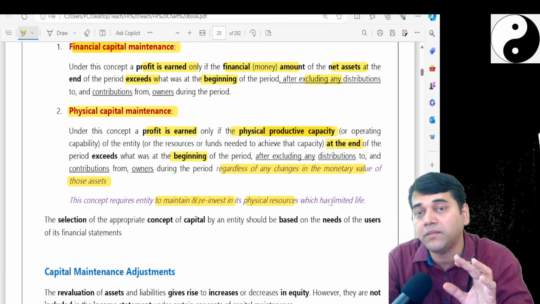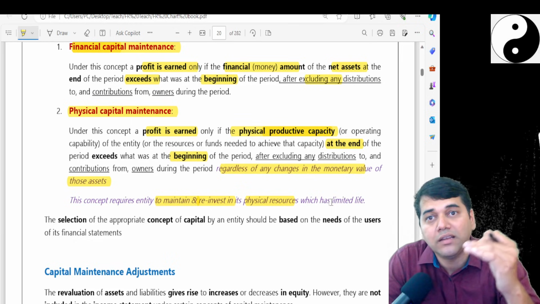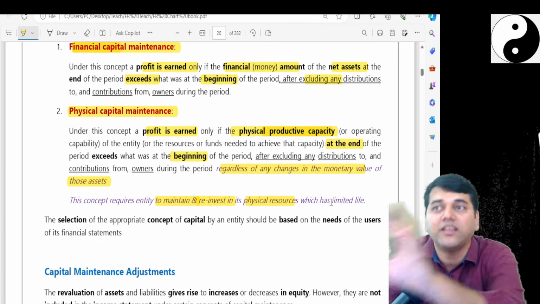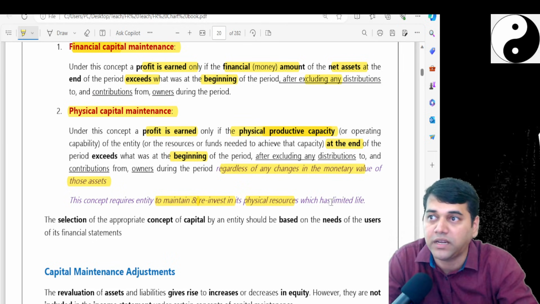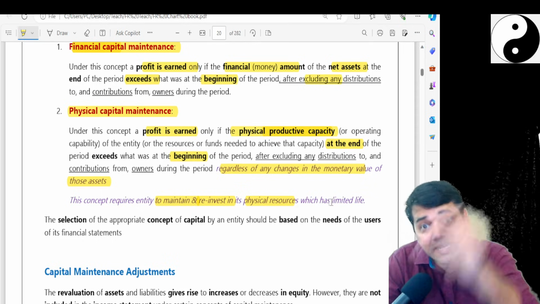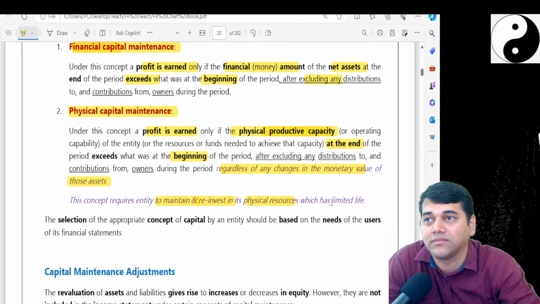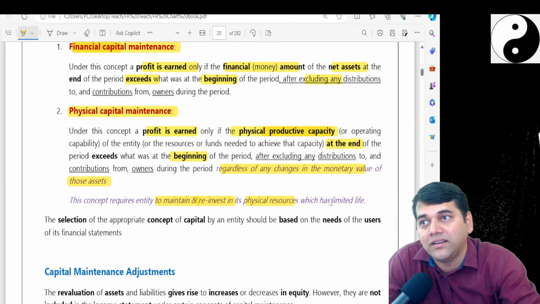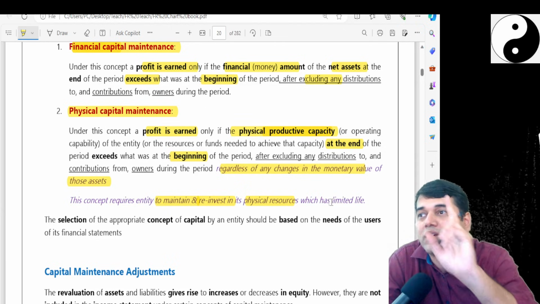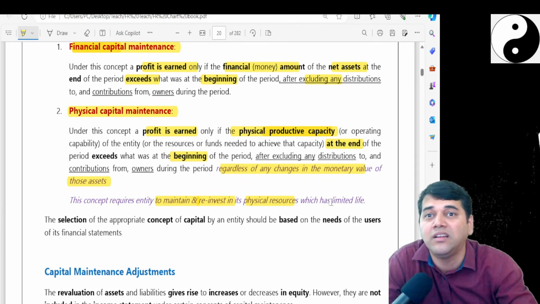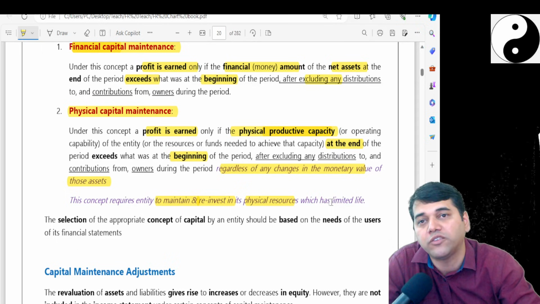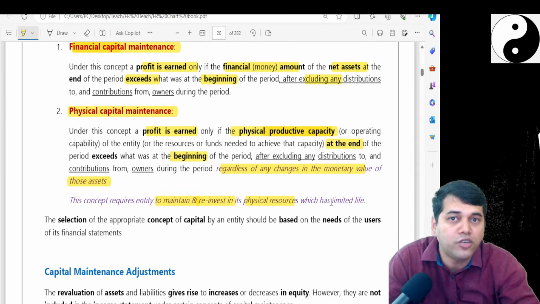For example, my land value has increased, but if I have to continue to get say 5,000 rupees rent every month from that, what do I need to do? I have to maintain that house. And if I don't maintain that house, one day the rent will come down to 1,000 rupees, because it is already about to fall, not painted, floor is gone. Who will come and pay me 5,000 rupees? So the physical thing doesn't look into the financial.